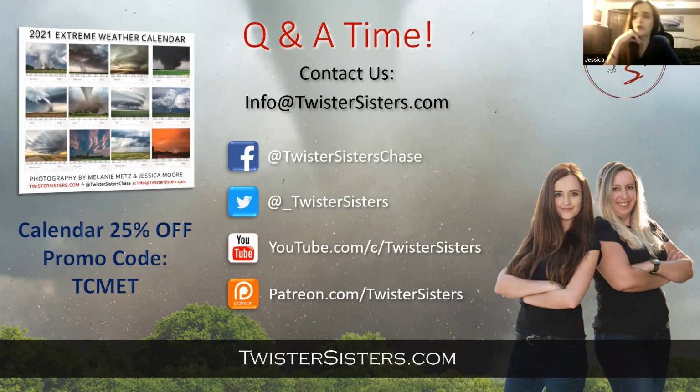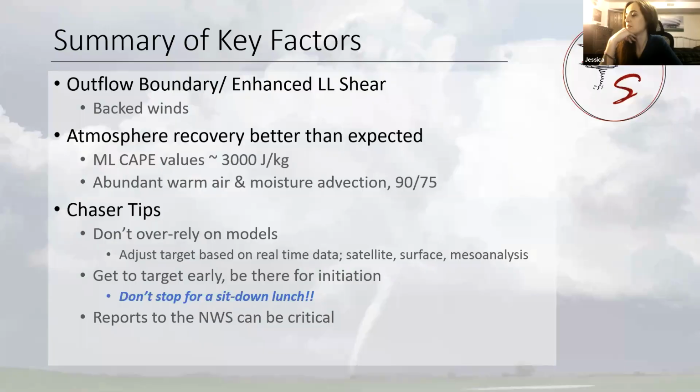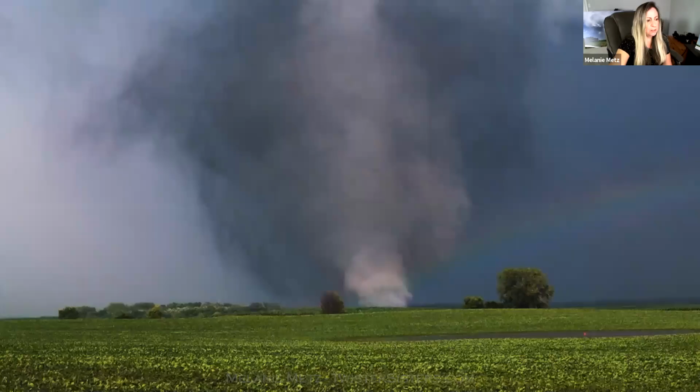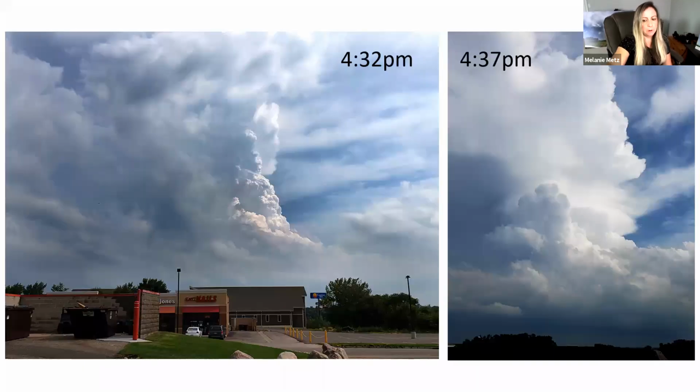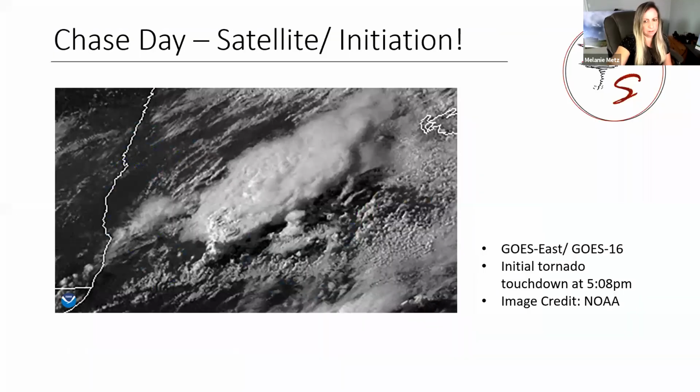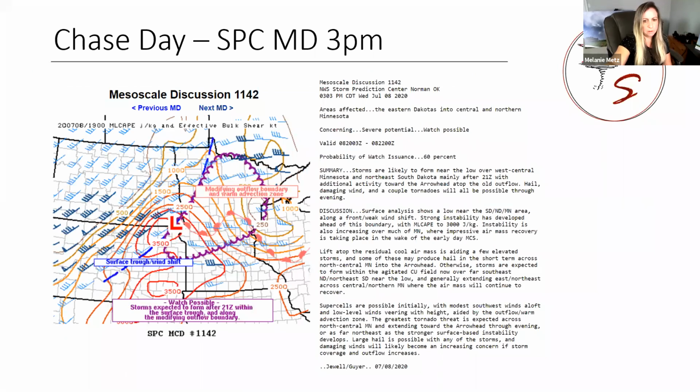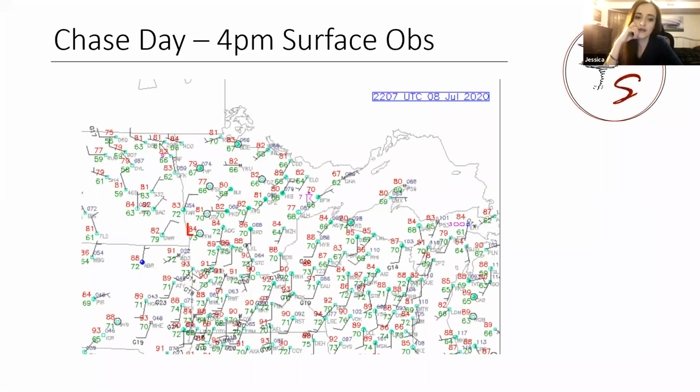Melanie, maybe you can pull that slide up again that shows that triple point area, if you want to. You don't have to, but it shows people where. Yeah, and when you're looking at surface observations, you'll see the triple point based on where the boundaries are intersecting, and often where there's that low. Do you want this slide or a different one? Yeah, that works.